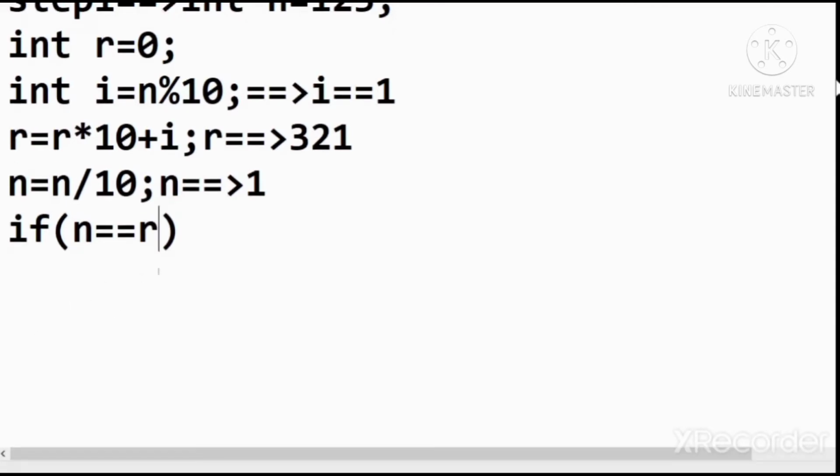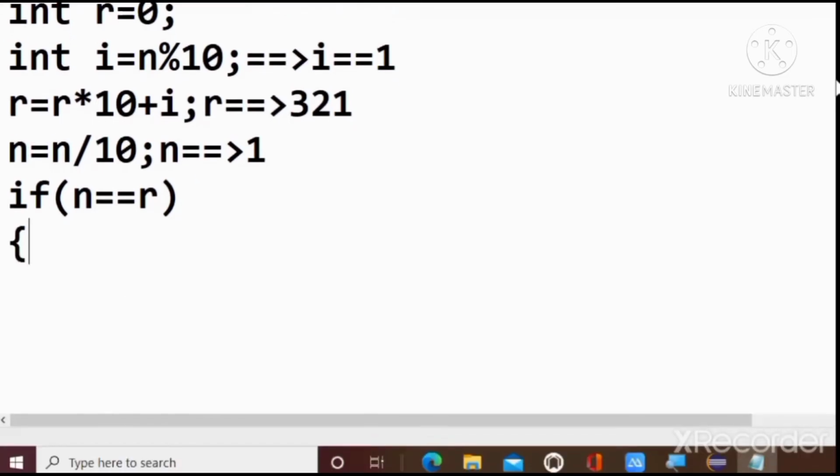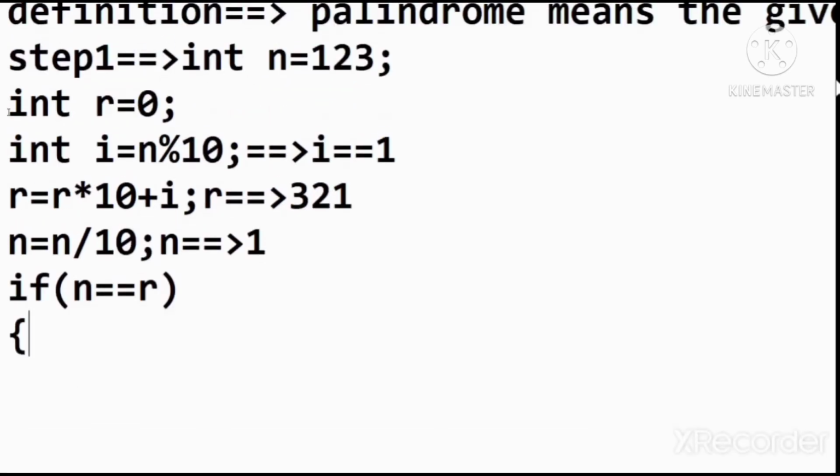Inside of this we simply print this is palindrome number, and if this condition is false, then inside the else statement we print this number is not palindrome. So let's try in Eclipse.